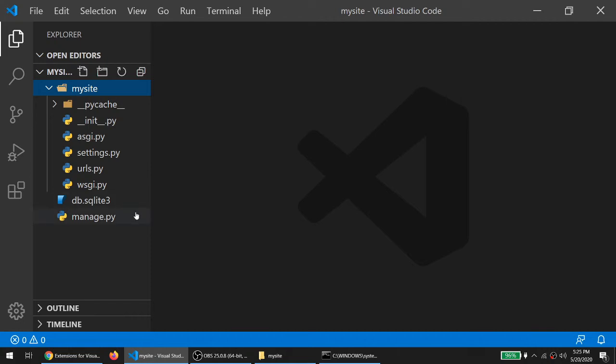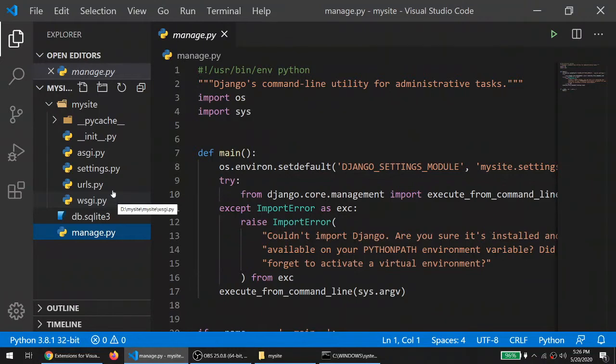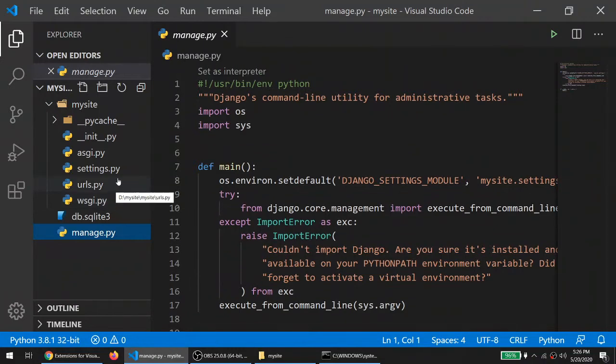Now you can see by default we have manage.py, the WSGI file, urls.py, settings.py, and other files. Whenever you want to create a website in Django, first you have to create an application. Why?